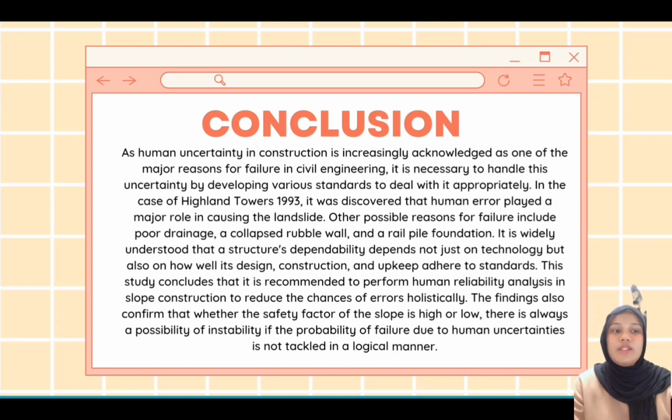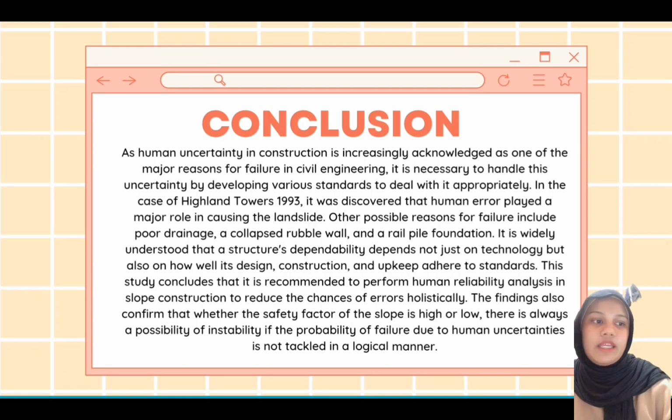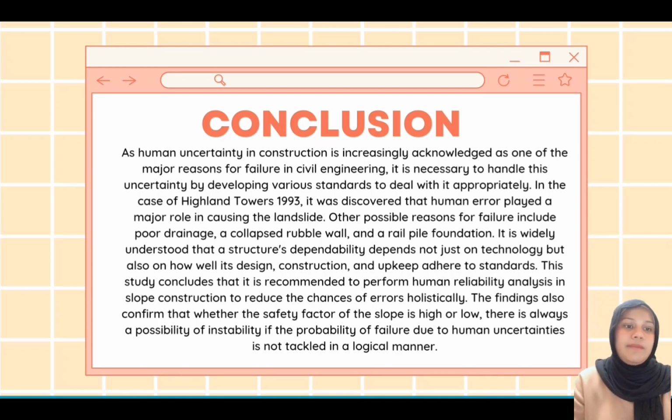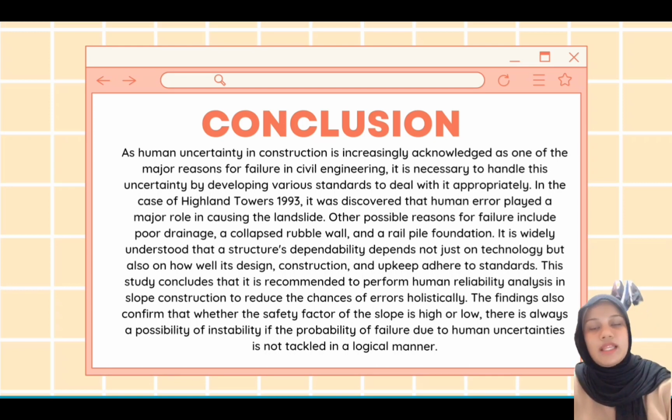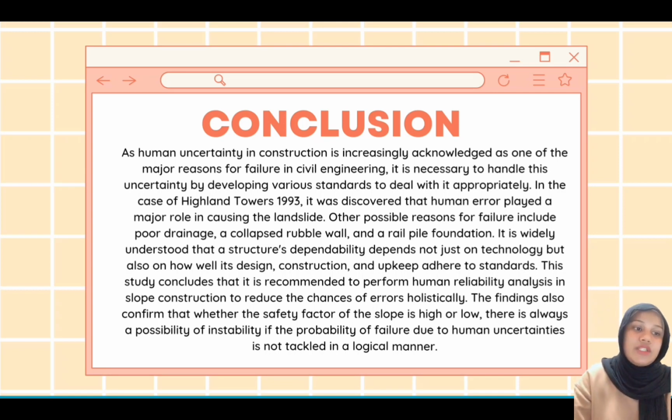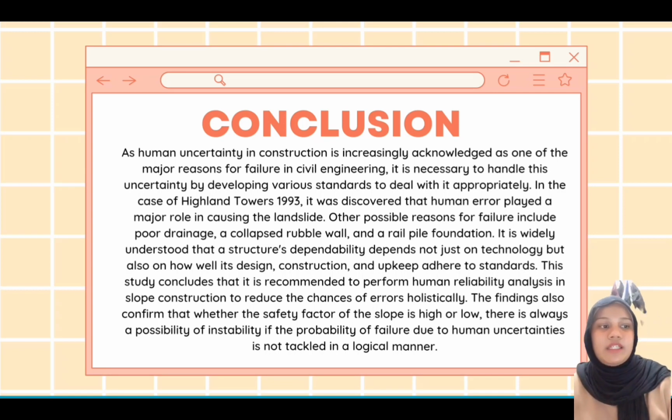It is widely understood that a structure's dependability depends not just on technology but also on how well its design, construction, and upkeep adhere to standards. This study concludes that